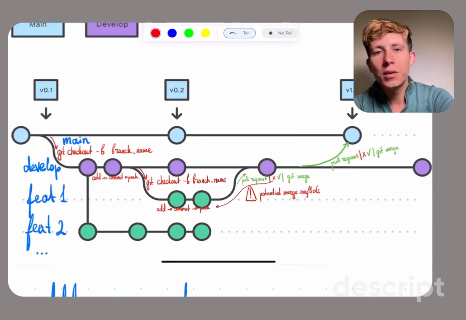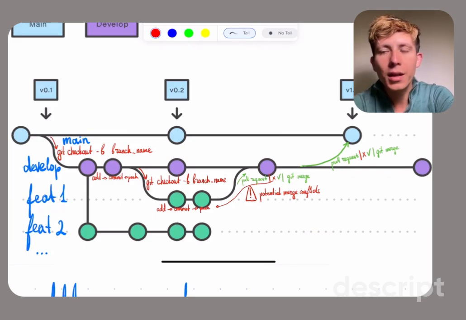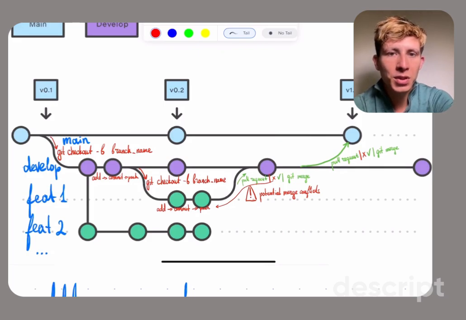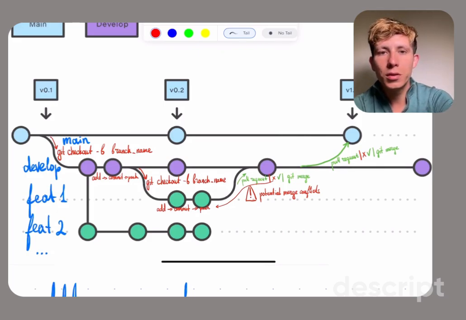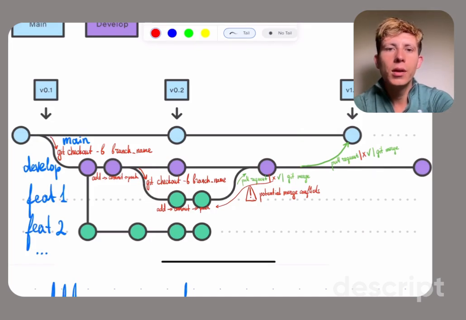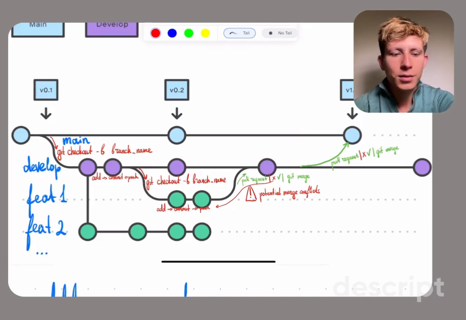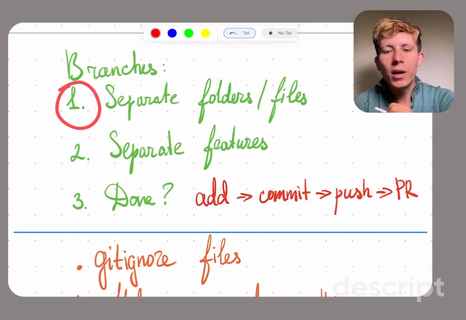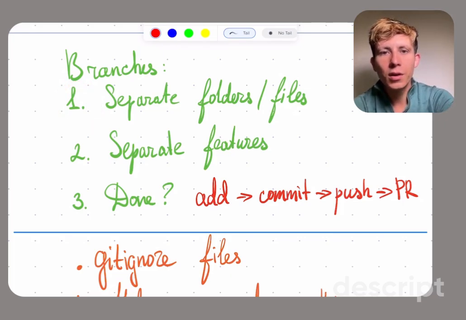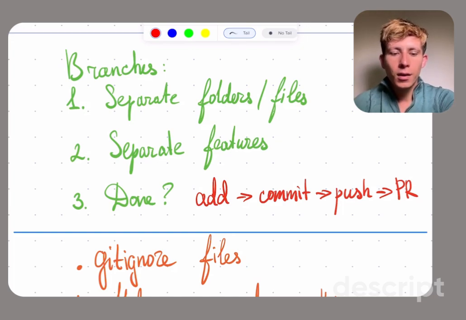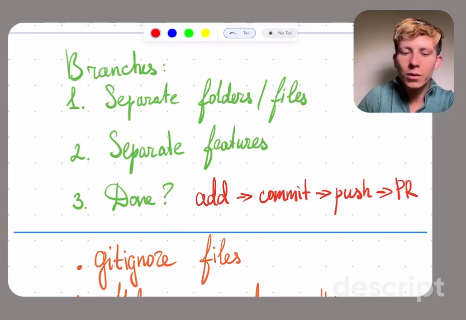different branches. So for example, if it's the case for your team that you have multiple people working on multiple different tasks, exercises, problem sets, it is a reasonable approach to separate them all out into different folders and different files. Separate files, separate folders, ensures that you are working on different features at the same time, working asynchronously on your project. If you are done with all the changes that you have made, you can then go through the same